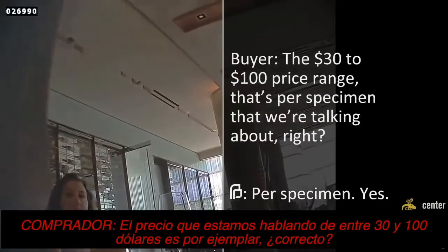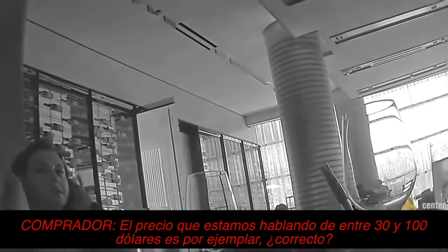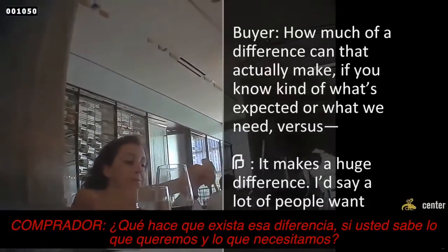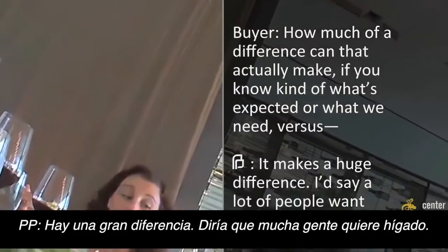The $30 to $100 price, that's per specimen that we're talking about, right? Yes. How much of a difference can that actually make if you know what's expected or what we need? It makes a huge difference. I'd say a lot of people want liver,